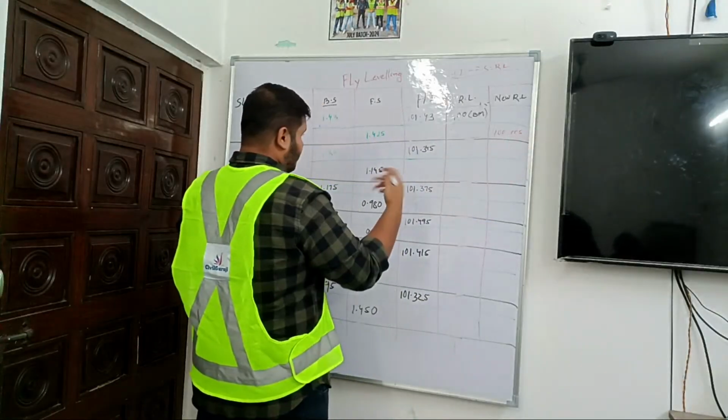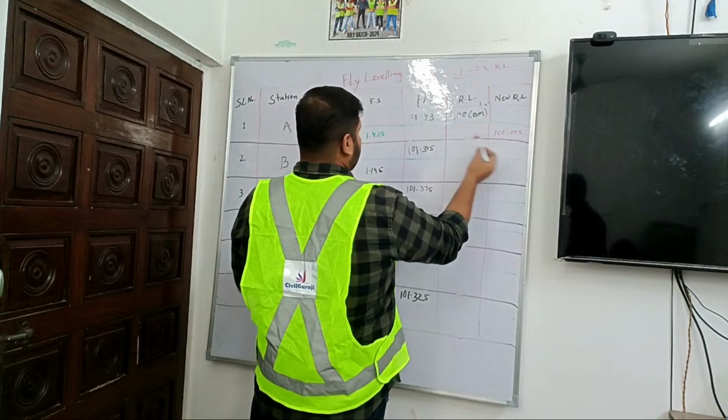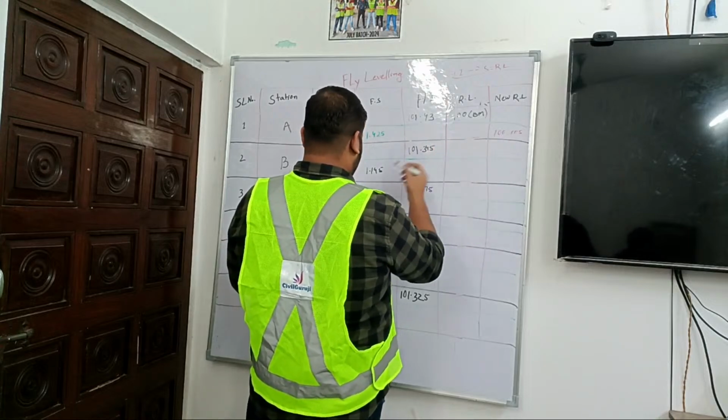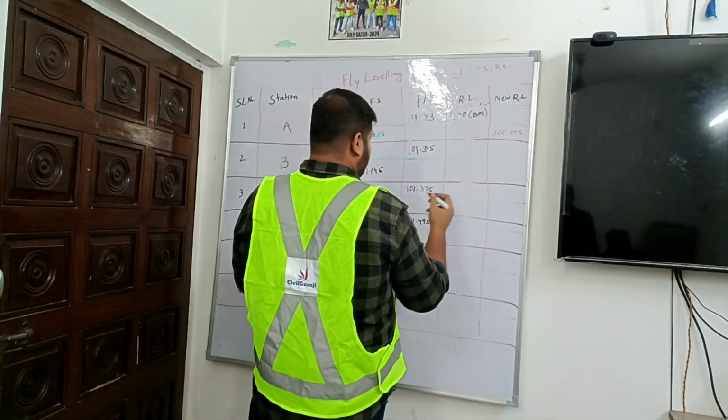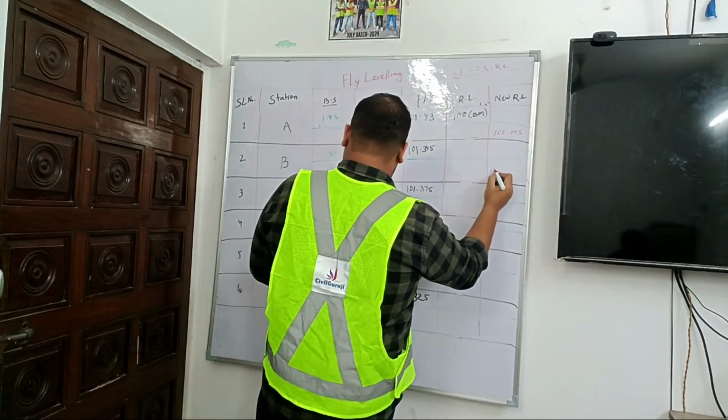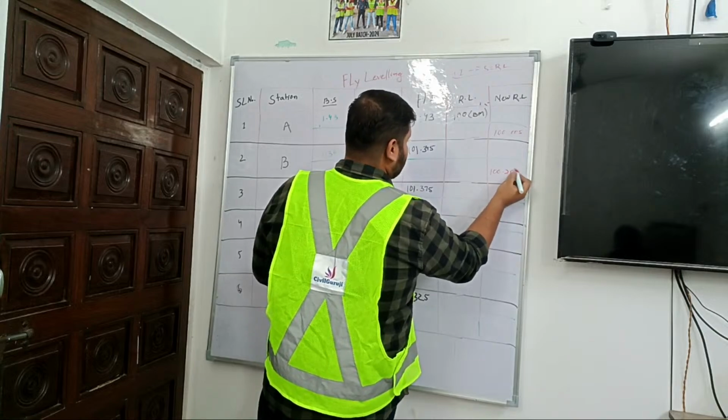Then the RL after this we will calculate like this only, by subtracting the FS from HI, which will be 100.200,